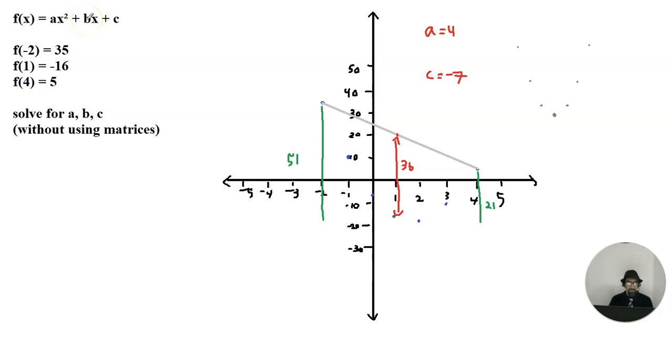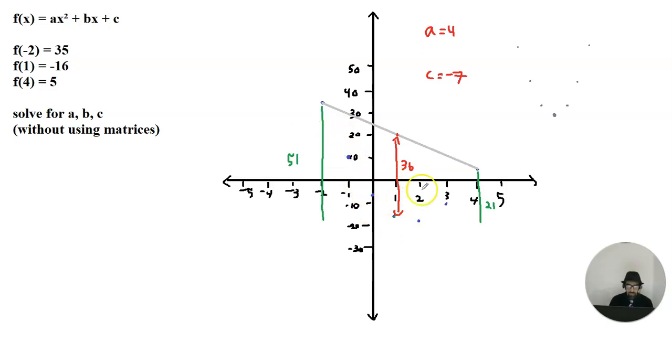Plus b, right? So 4 plus b, minus 7 equals -16. Do the arithmetic, you end up with b equals -13. You absolutely could do that. But another trick I want to show you,